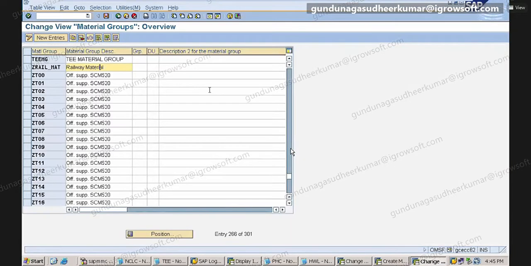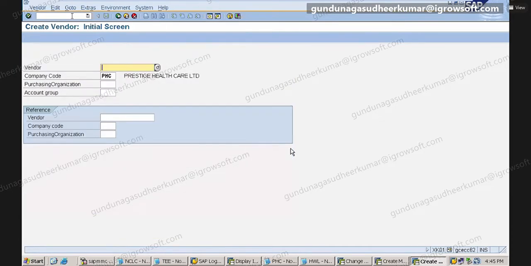You have to just go to XK01. Now, if you want to upgrade, you can do the same thing. I have an existing vendor.